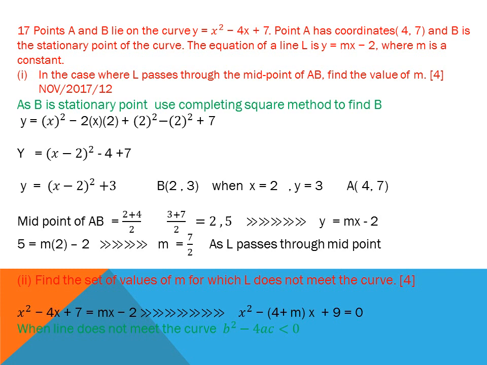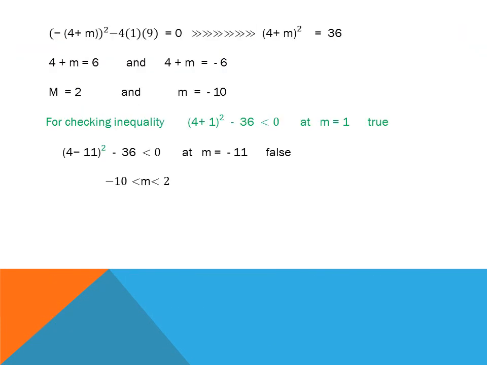Here the coefficient of x squared, a, is 1, the value of b is minus (4 plus m), and the value of c is 9. When the line does not meet the curve, then b squared minus 4ac should be less than 0, so (4 plus m) whole squared minus 36 is less than 0. First of all I find the critical values, equating to 0. (4 plus m) whole squared is equal to 36. Taking the square root on both sides, 4 plus m is equal to 6 and 4 plus m is equal to minus 6, so m is equal to 2 and m is equal to minus 10. For checking the inequality, I applied the